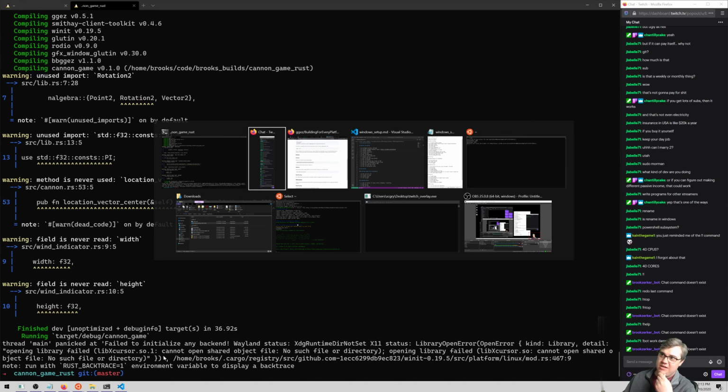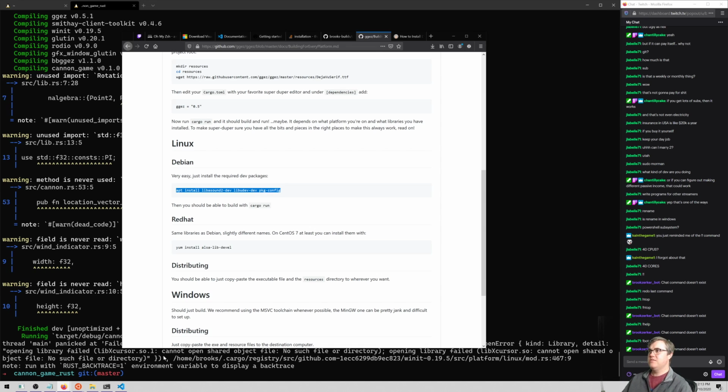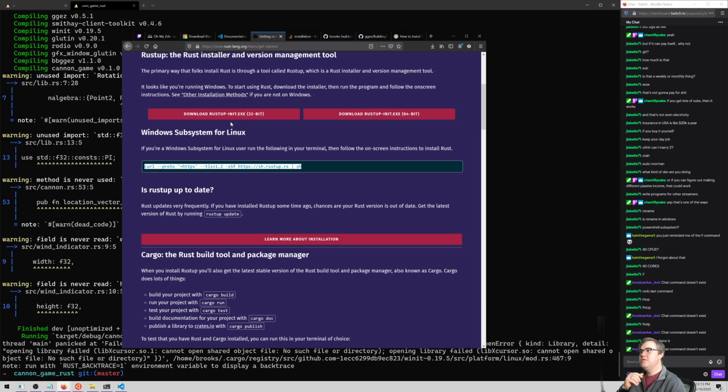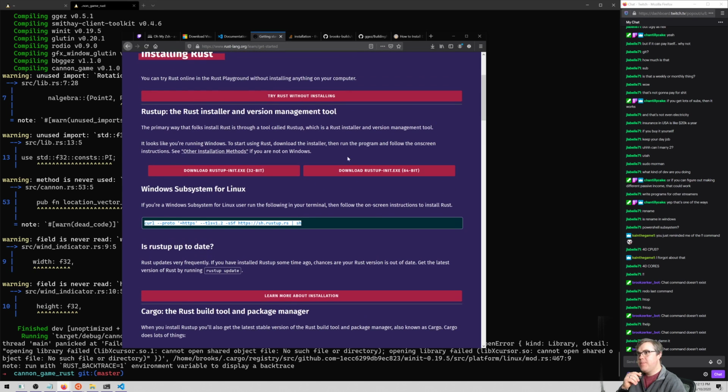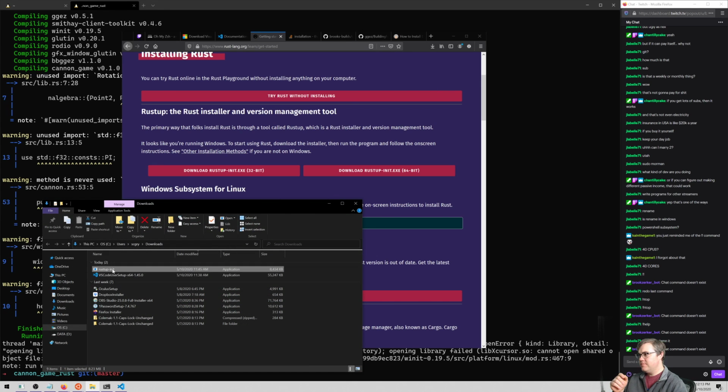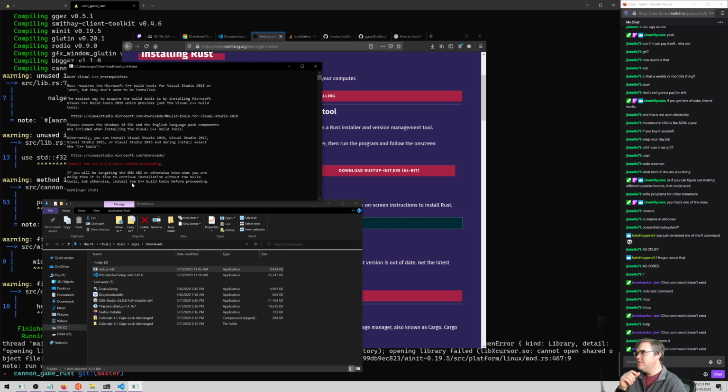I am curious. I bet I could just have them both working together. So if we come back to Rust here. I think I actually downloaded this anyways. Rustup-init, yeah. Let's go ahead and install you. Oh, okay. I need to install the C++ build tools before continuing.